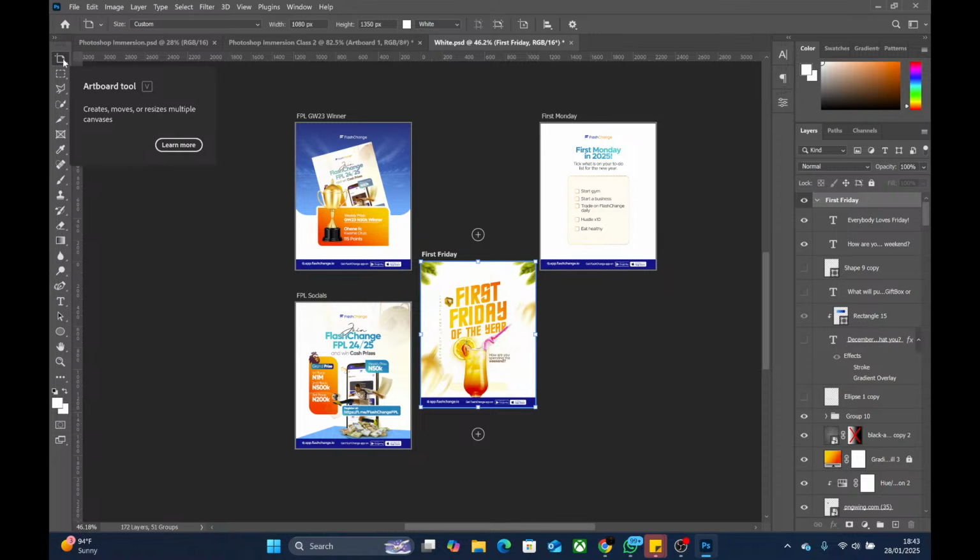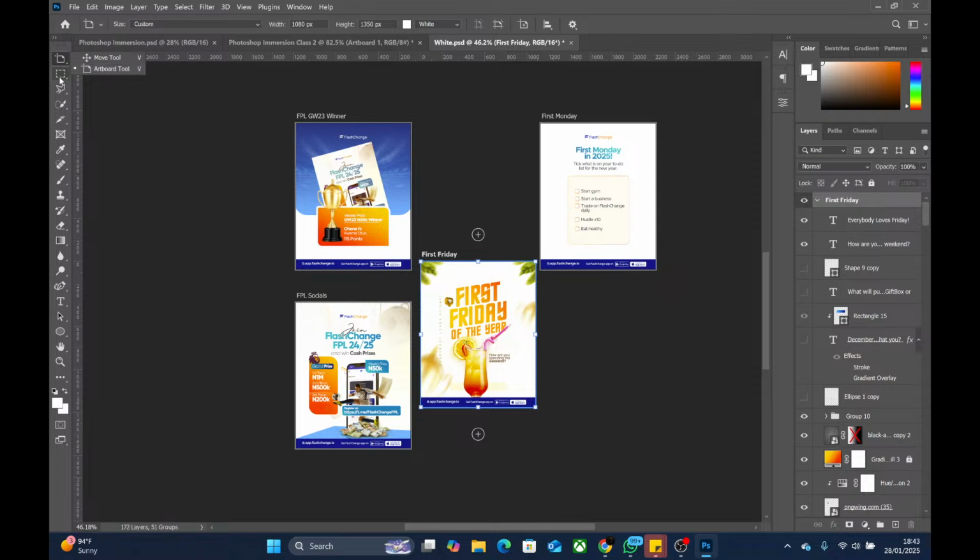Okay, so let me right click and we see the extension. If I right click now, the move tool has V beside it. Artboard tool also has V beside it. So V can work for the two of them, but it depends on how you click it. I will explain that.